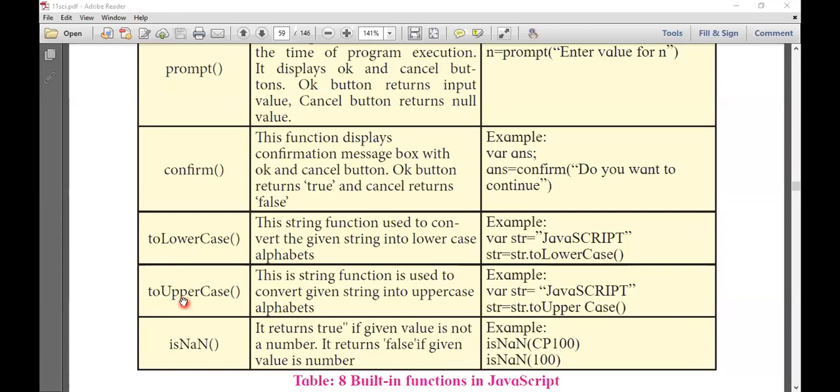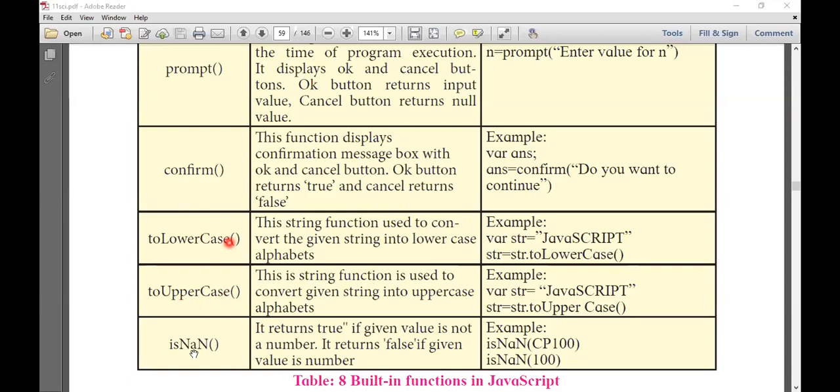In toLowerCase, L and C are capital, and in toUpperCase, U and C are capital. You have to remember this when you write code using these two functions.